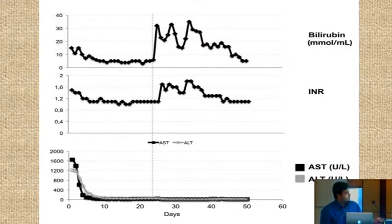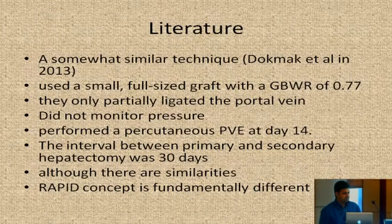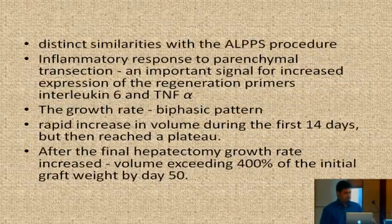You can see the laboratory parameters normalizing after the 50th post-op day, and a somewhat similar technique was done by Mac et al. There they used a full-size graft of 0.77 graft body weight ratio. They did not measure the pressure. They did a portal vein embolization in the second week. They also had 2-stage surgeries, but the RAPID concept is fundamentally different, and it has more similarity with the